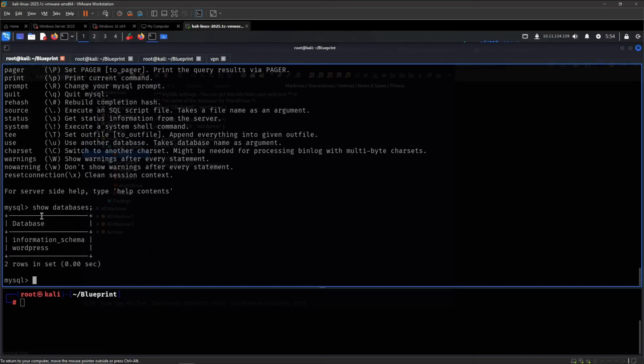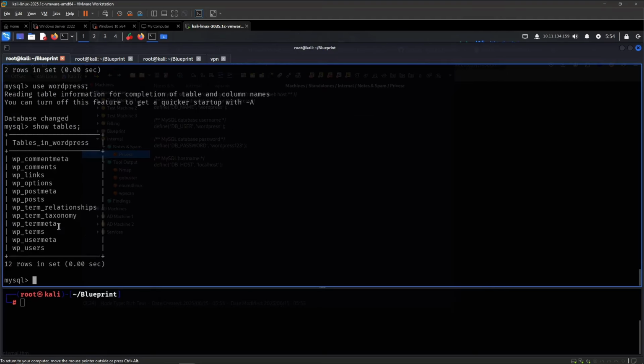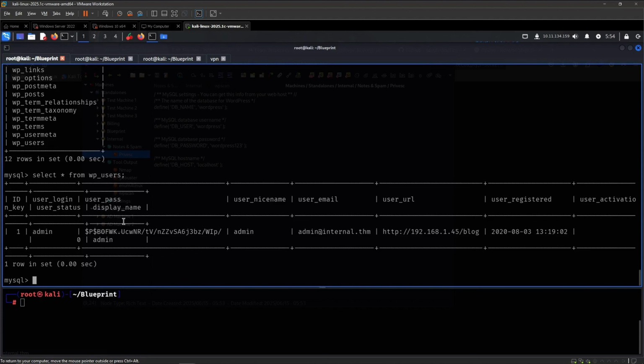Show databases. Show tables. I want to see what's inside of here. So select everything from WP users. And we have,